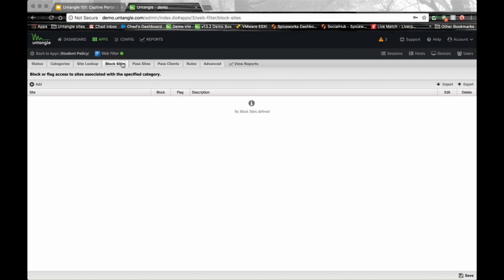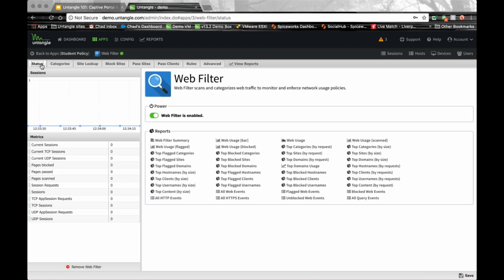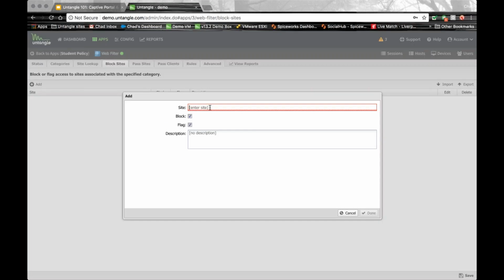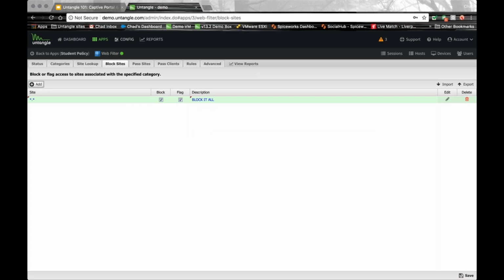So if BYOD needs very specific rules here, we could come in and just say, okay, BYOD only has access to certain things. If you wanted to, you could, for example, come in here and block the entire internet for them and only open up a few sites. That rule right there will block it all. There's no URL on earth without a period in it somewhere. And then you could come to pass sites and whitelist a few things like the organization's site or resources,